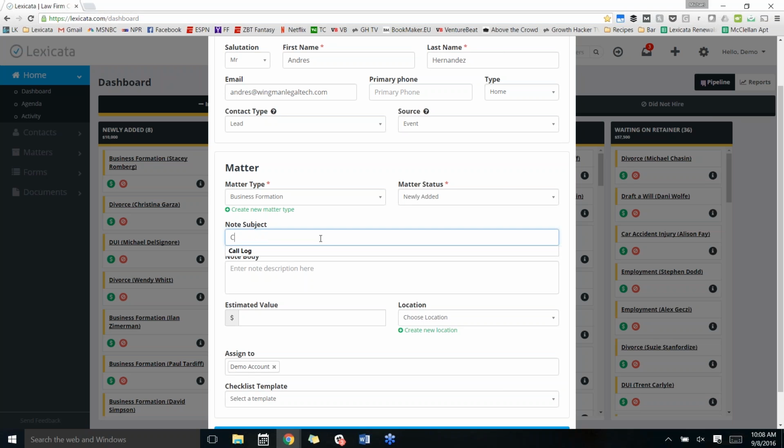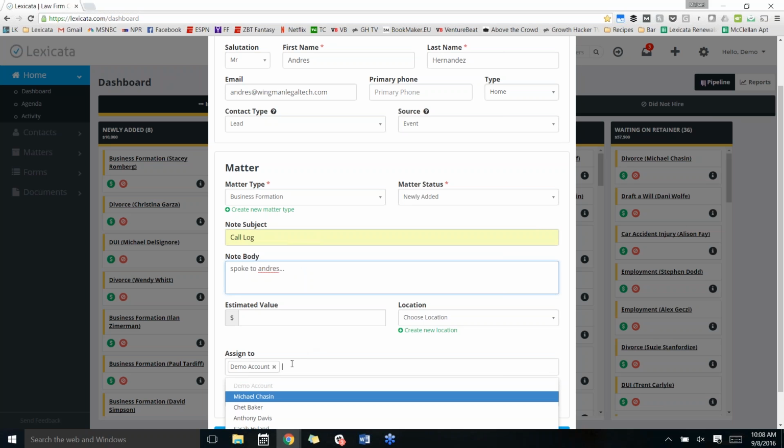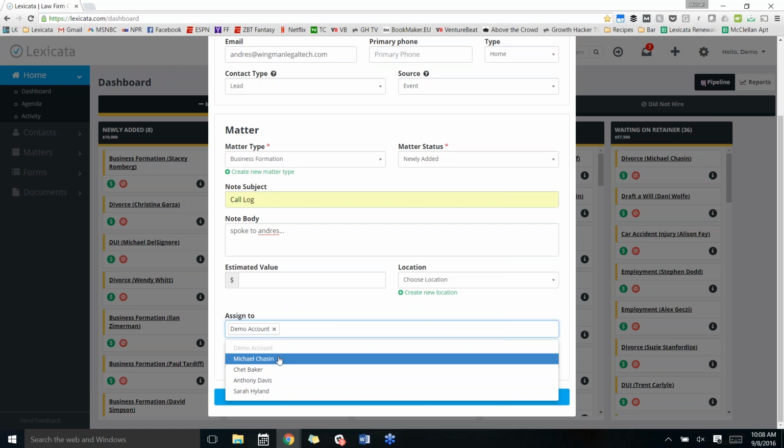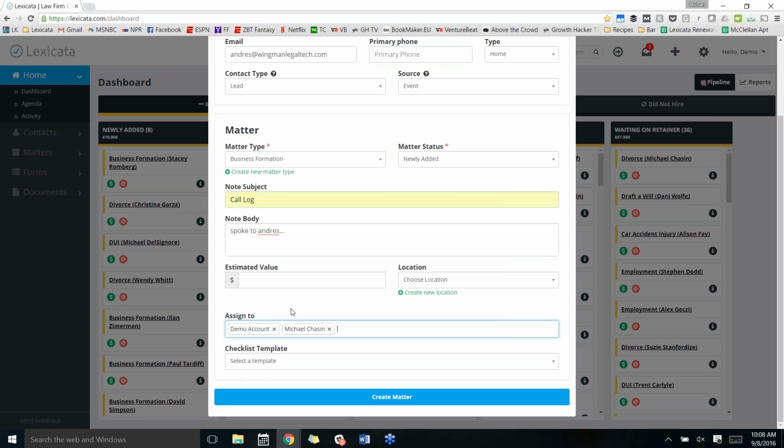We could put in your information, and so on and so forth. What's nice about our system is we work with firms of all shapes and sizes all over the world, from China to Los Angeles, from a 100-person PI mill to a single-person business transactional firm. So in order to do that, you have to be really customizable. All these things, like who they are, how they found out about you, and what type of matter it is. Let's make this not a DUI or divorce, Andres. We'll be in a good mood today. We'll say business formation. Thank you. You can customize all these things to what your practice needs.